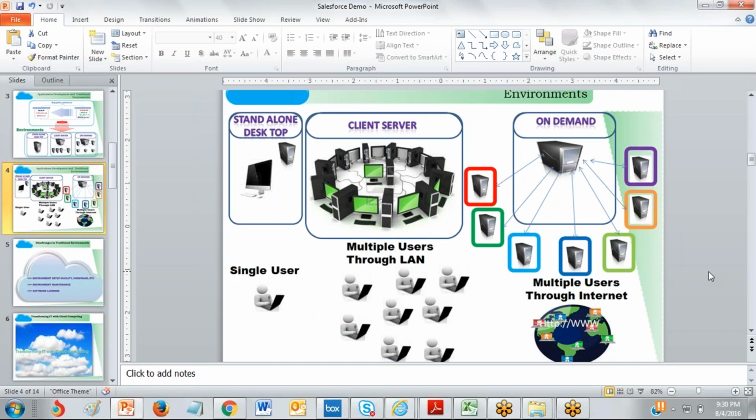If my laptop is given accessibility to other nodes through LAN connectivity within the premises, that is called client-server. My system works as a server, and the remaining ones are clients. Now I keep my laptop remotely, and people access my laptop through the internet. The application resides on my laptop, but my laptop is connected to different people across the globe through the internet.